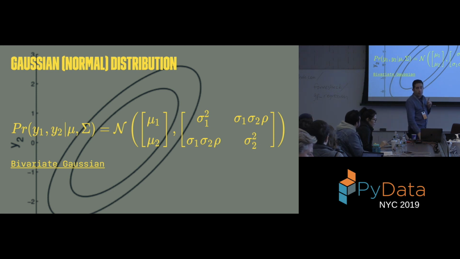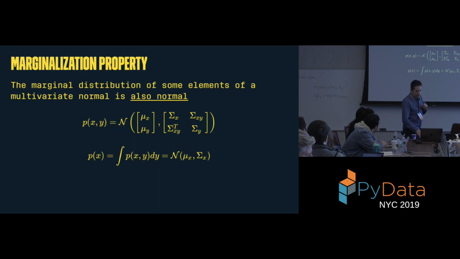There are two important properties to Gaussians that make them very handy for building nonparametric models. The first is the fact that it's really easy to marginalize. And what we mean by marginalize is when you have a big multivariate Gaussian with hundreds of elements, n elements, and you only want a few of them, it's really easy to get rid of the ones you don't want,